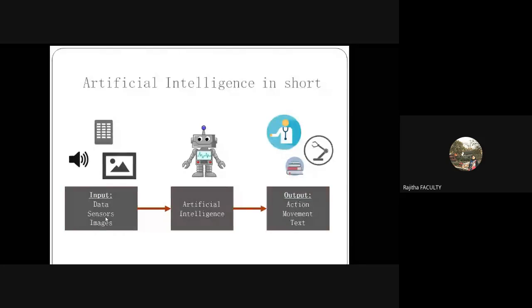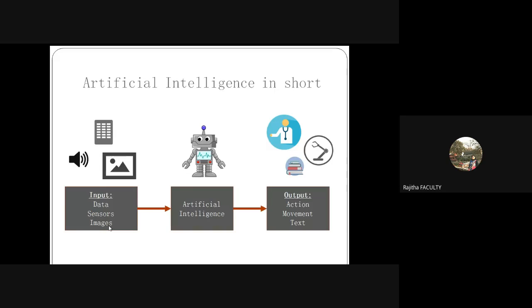Okay. Now once it has taken the data, you have an intelligent machine here, which is incorporated with machine learning or deep learning, any one. Then accordingly it is going to take the action to move, or to text, to say hello, how are you, or you can close the machine, or whatever it wants to take as an output, it can do. Based on this input, it takes intelligent decisions. Based on that, it is going to take the respective action, right? So this is what an intelligent machine is supposed to be, right?